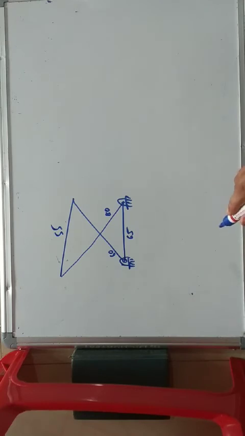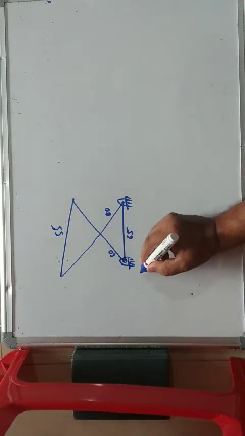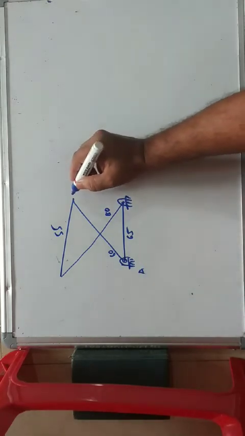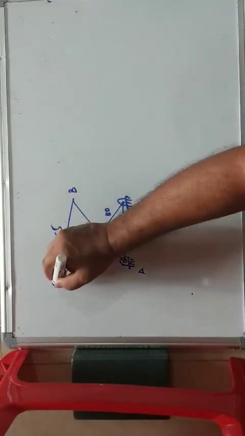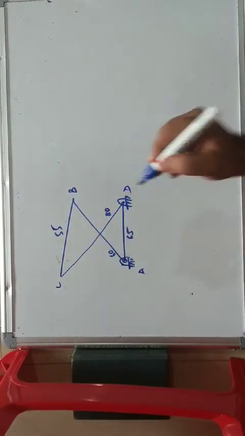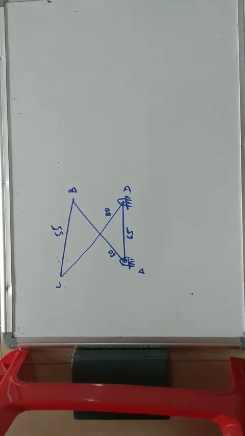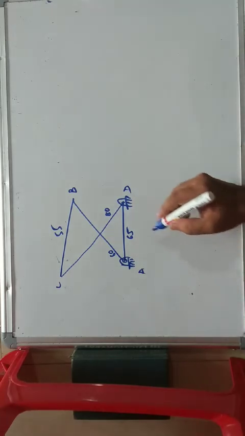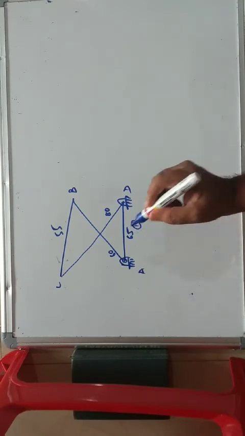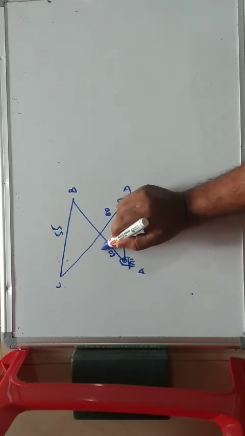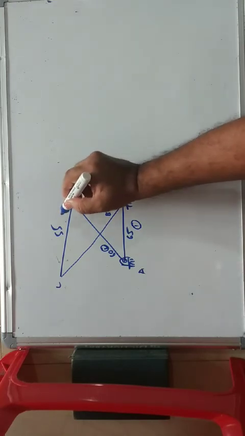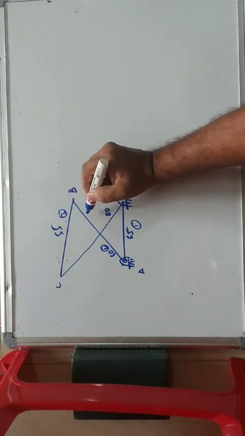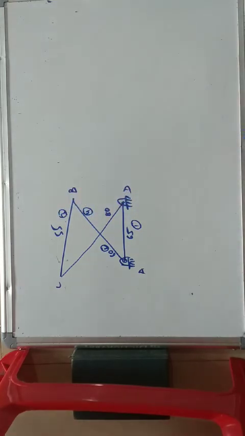Now I will write this as A, B, here it is C, and here it is D. After writing this, let me number the links. It is link number 1, here it is link number 2, then we have link number 3 here, and this is link number 4. So 4 links are here.